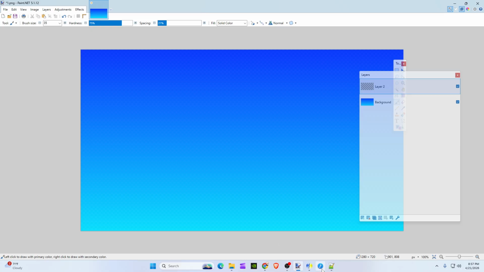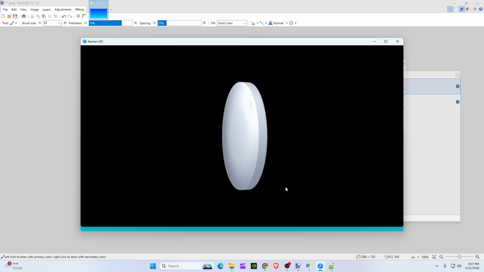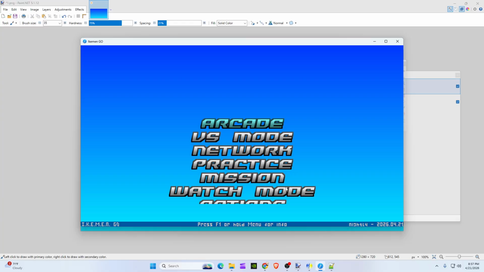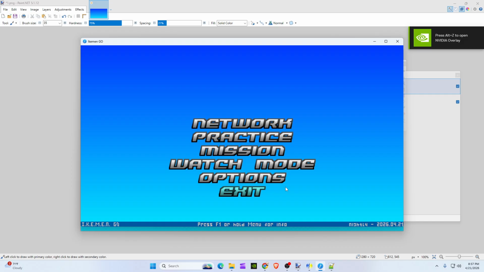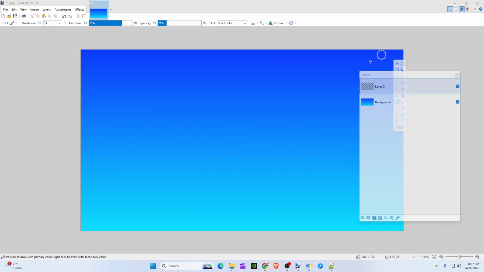So let's go back and count how many menus it has on the front menu of the menu screen. So let's go ahead and open up Ikemen Go. We got 1, 2, 3, 4, 5, 6, 7, 8. There are 8 columns, one for each category. So there's 8. So we're going to create our own version of